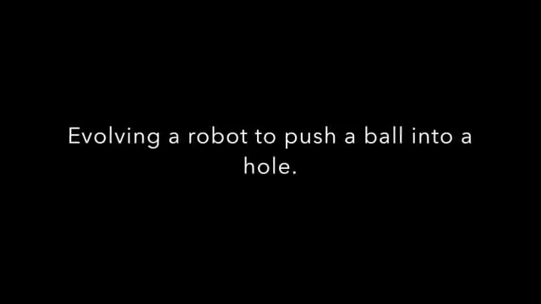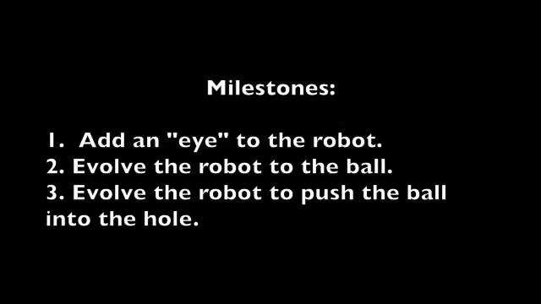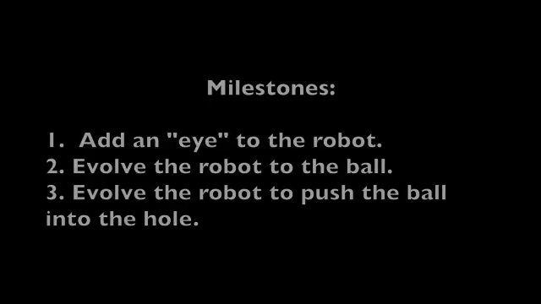In this experiment, I evolved a robot to push a ball into a hole. First, I attempted to add an eye to the robot, which I wasn't able to fully implement. But then I did implement evolving the robot to the ball, as well as evolving the robot from the ball